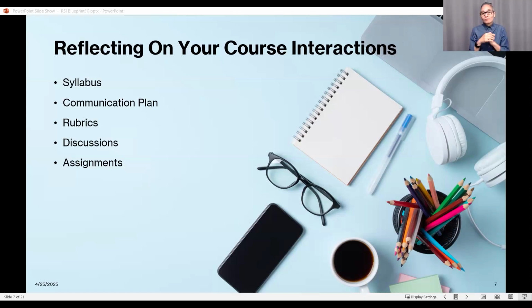Are you facilitating class discussion using the discussion boards? Are you providing information and responding to questions about the course? As we create this plan today, I want you to reflect on what you are already doing that would fit into one of those four methods of substantive interaction.